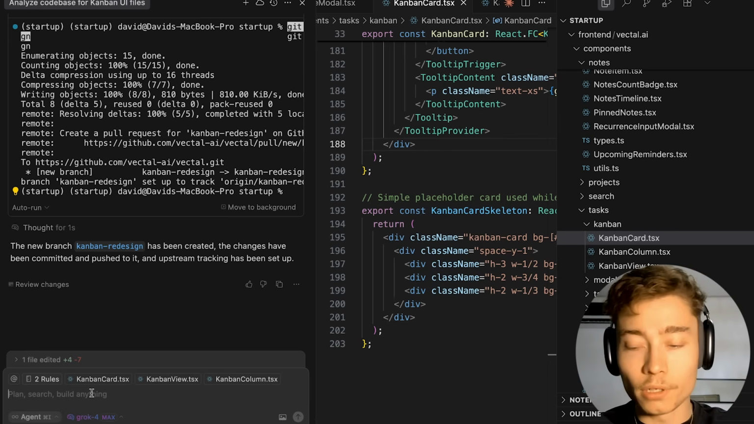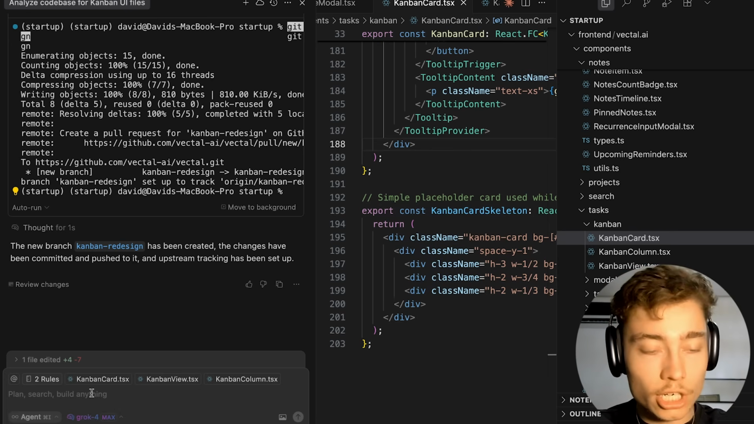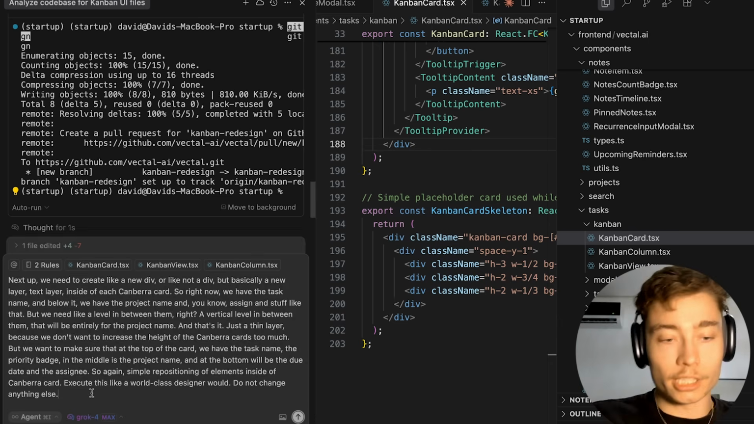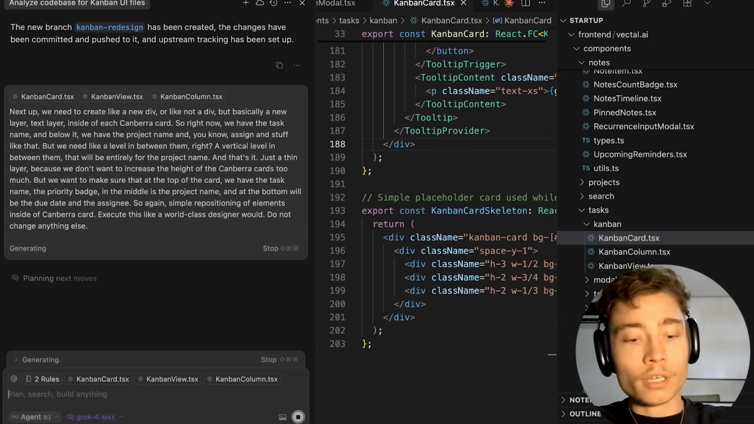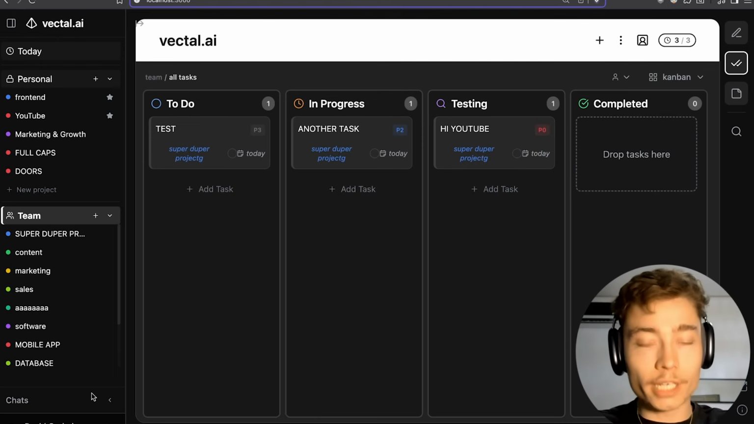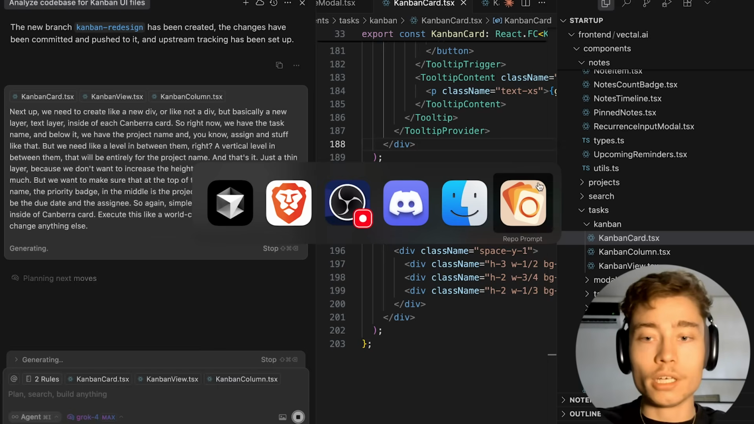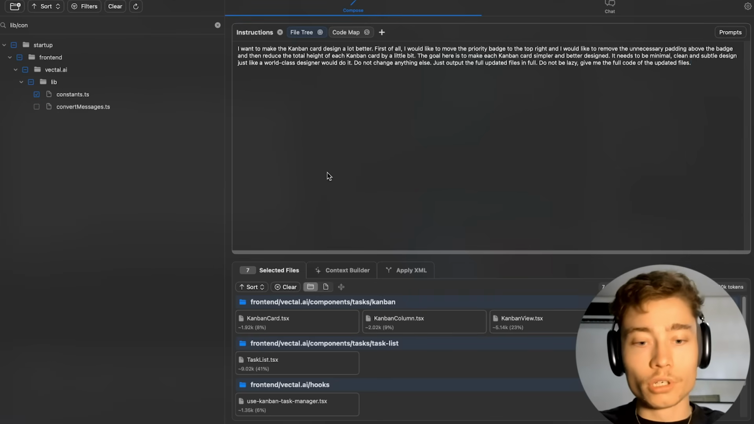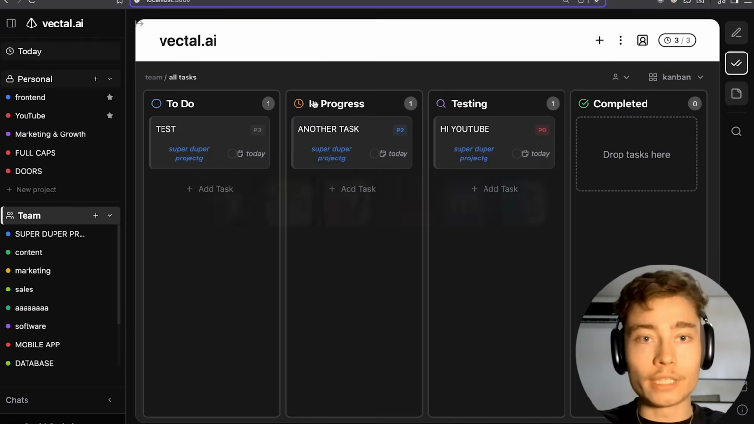So again, simple repositioning of elements inside of the Kanban card. Execute this like a world-class designer would. Do not change anything else. Boom. Really nice prompt, if I might say so myself. The key to getting good results with AI is good prompt engineering and good context engineering. As you can see, tools like Repo Prompt can help you construct really advanced prompts that you can then send